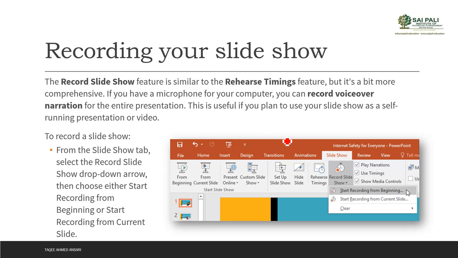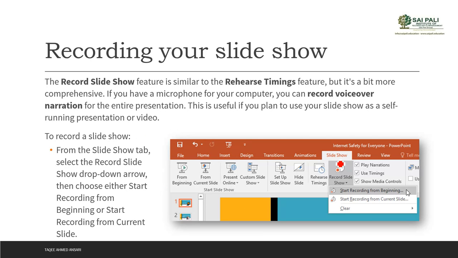Now recording your slideshow is just like rehearsing, but it will also record your voice narration, and also it will record your pen tool, your laser, all narrations you can record. That means it totally records all your actions, and it will record your timing also, and also your narration. Then next time when you run, you don't have to be there to run it, and you don't have to be there to give the narration. It will automatically take the narration. It will automatically record your voice also, but for that you need a microphone.